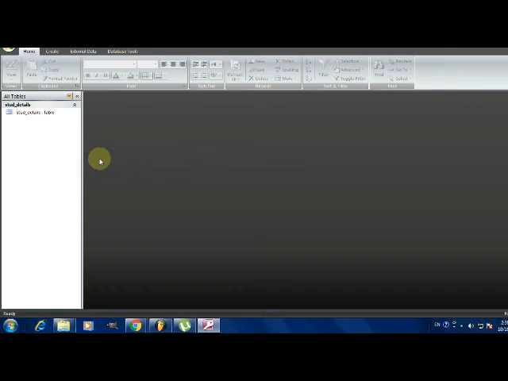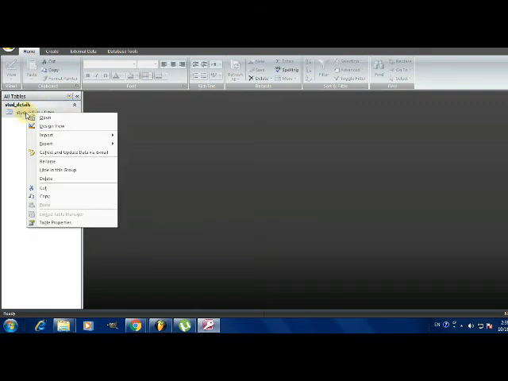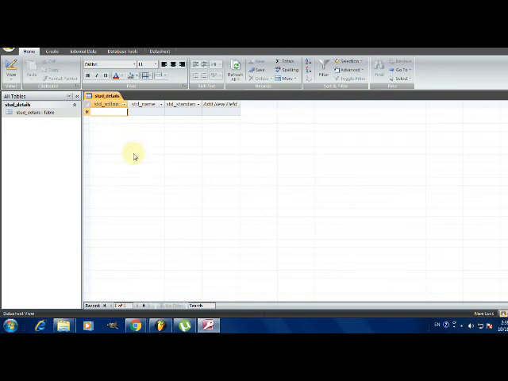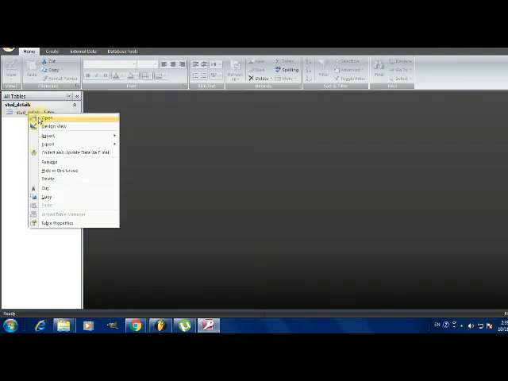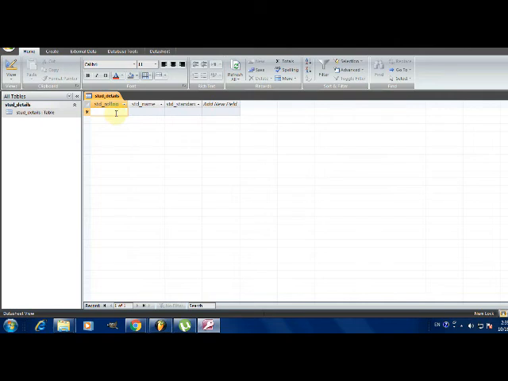Now the table has been created. You can see this table in the objects panel. That is here. Right click on this and click open. Here's our table: student roll number, name of the student and student standard. Let's see how to feed the data. If you want to feed the data in spreadsheet view, then you have to select that table object from the objects panel, right click on it, click open. Now it is ready to feed the data.